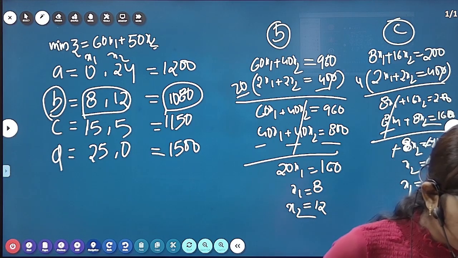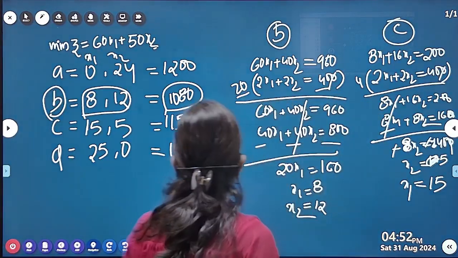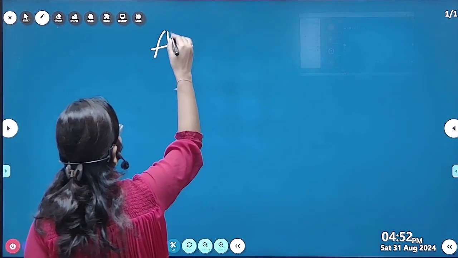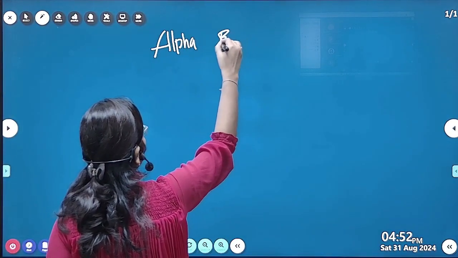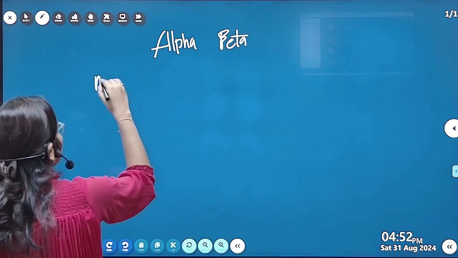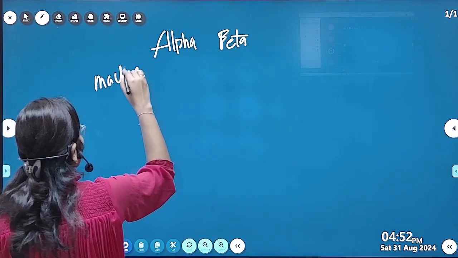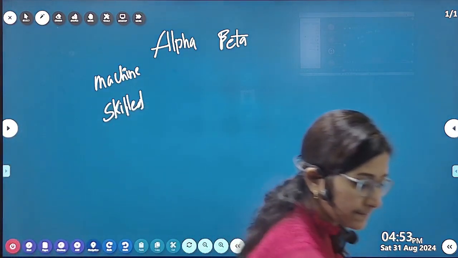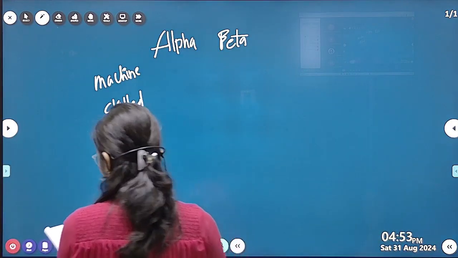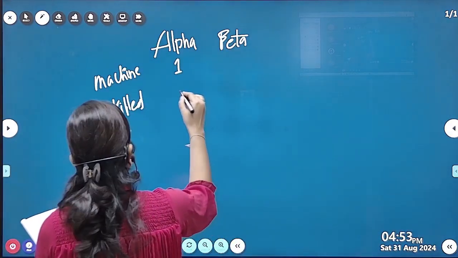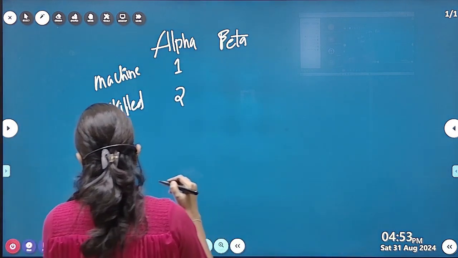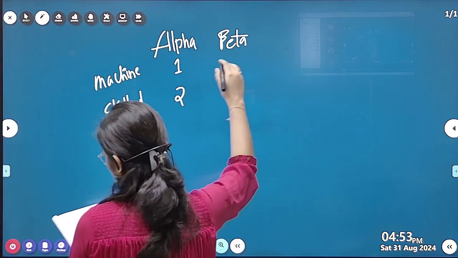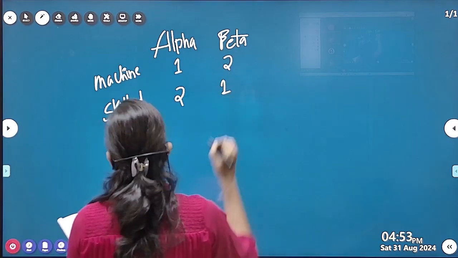Ma'am, can you say it once again? Wait, I will write it over here. So this is alpha and this is beta. Machining, machine hours and skilled labor. Okay. So alpha requires 1 hour for machining and 2 hours for skilled labor, and beta requires 2 hours of machining and 1 hour of skilled labor,